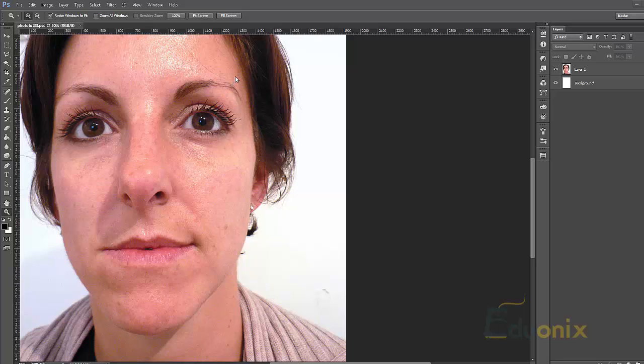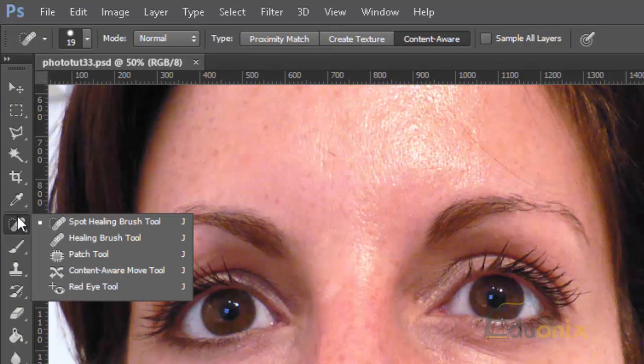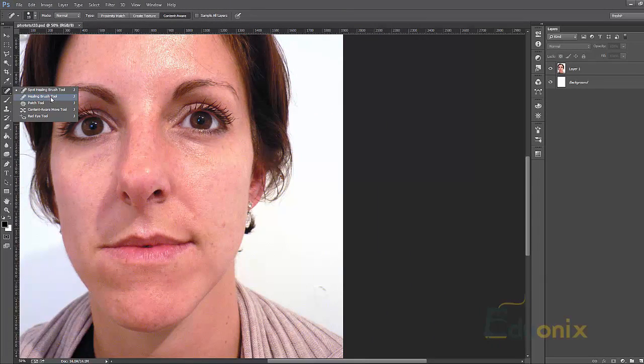In this lecture we're going to be going over the healing brush and the healing brush tool, which is located over here, and we're going to be hitting the spot healing and the healing brush, as well as taking a look at some of these other ones we'll go more into in the next video. But first off, let's take a look at the two main ones that we're going to be covering in this one. There's a spot healing brush,